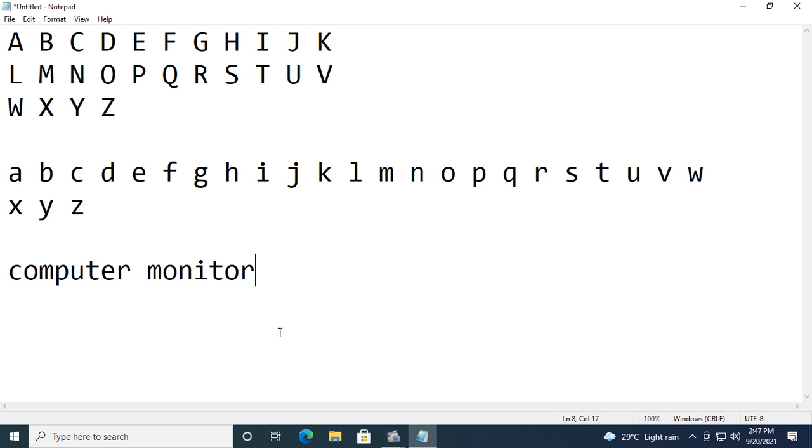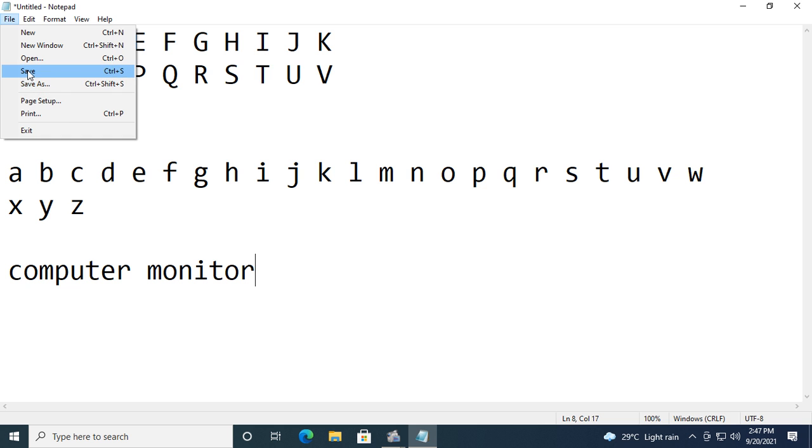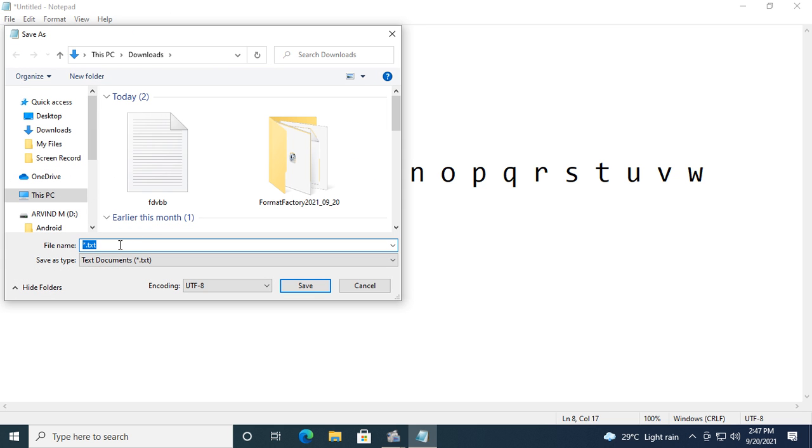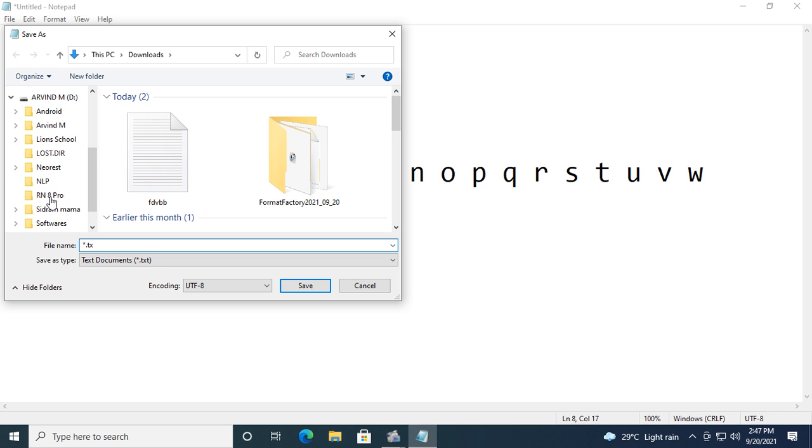Now I will show you how to save this file. For that, go to File, click on the Save option, and come to the file name option. Always select My Documents. Then give the file name.